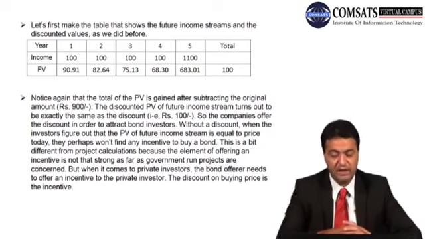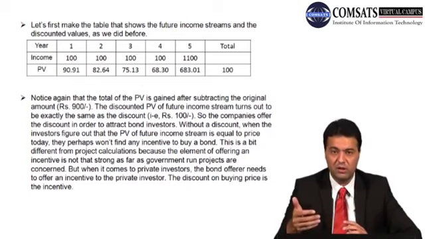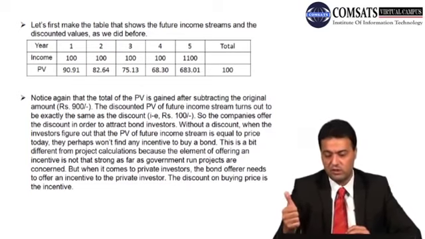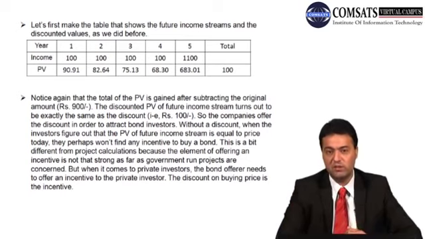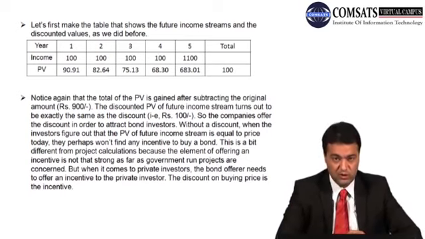So it's gradually declining. And the last year, when the total principal plus the profit is 1100 rupees, we discounted it, that means it's 683 rupees. The total of all these comes to 100 rupees. And again, notice again that the total of the present value is gained after subtracting the original amount of rupees